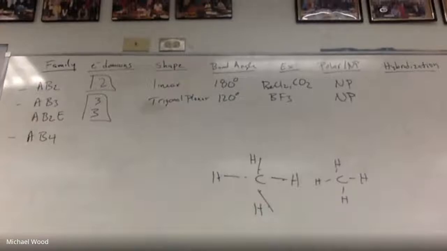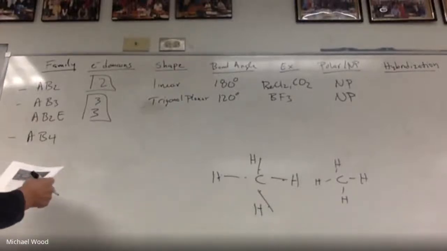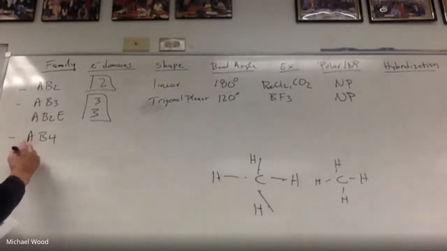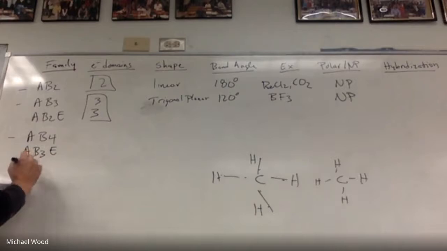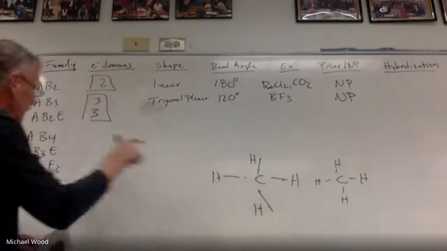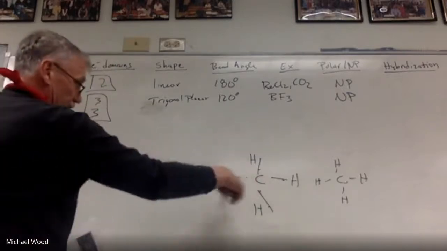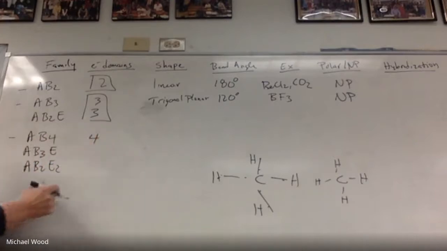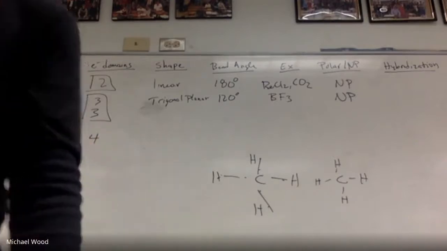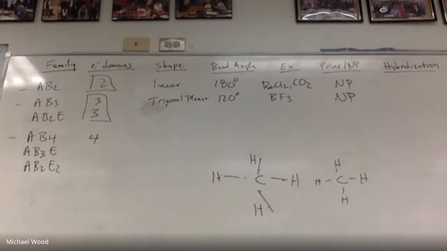Now I'm just going to tell you, if you're following this, under this there's going to be something we talk about later: AB3E and AB2E2. What this means is A is the carbon, and the B4 are the 4 hydrogens around it. So the central atom. This is going to have 4 electron domains. And so the shape of this,